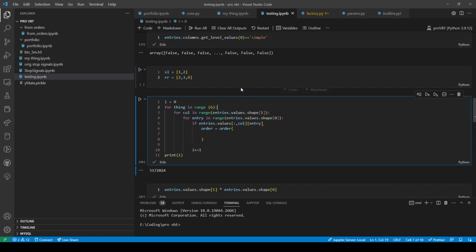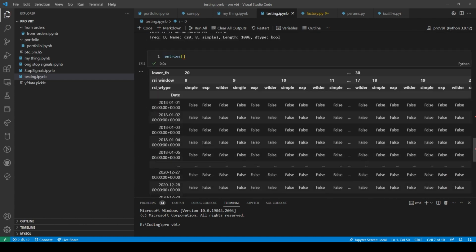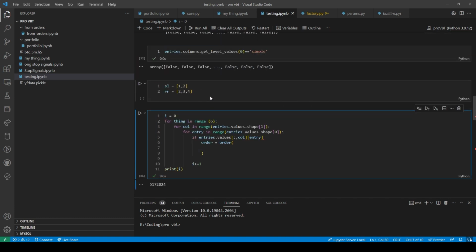we're getting the 8. We're going to start with 28 in simple. Let's test that. That's what we're doing here. Then we're saying if inside of that there is a true, then do the order of stop loss equals stop loss thing. Right? And then we'll do risk to reward equals risk to reward thing.